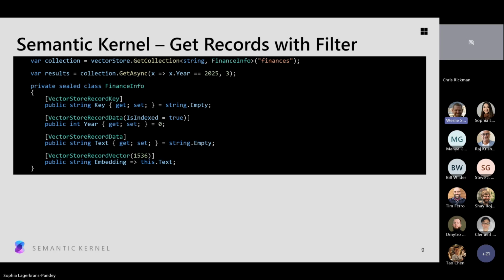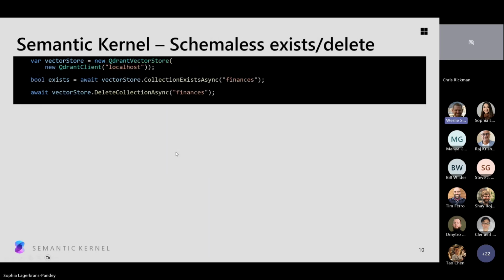Okay, next slide, please, Sophia. So this is the last one that I'm going to dive into in a little bit more detail. It's a very simple one, in fairness. Before, we supported collection exists and delete collection on the collection object itself, which means that just to check if something exists or delete it, you need to provide a data model or a definition, which is kind of painful when really we don't need this for checking if a collection exists or to delete it.